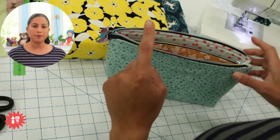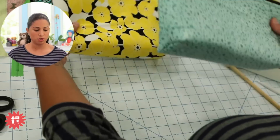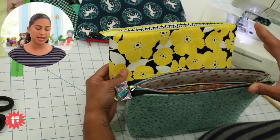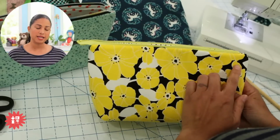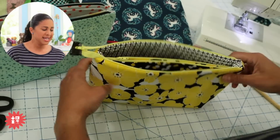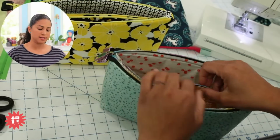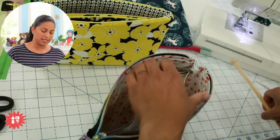Now, the problem, and if y'all are in my mini bag club 3, the video course for the third project, which is my zip and zip pouch, when it goes up on Friday, you'll see that I talk about top stitching and not top stitching, and you'll see that on this one I didn't for this specific reason, and I'll share it with all of y'all here, is that when you top stitch, okay, especially on this one, it has a zippered pouch inside of it, you can see that you kind of get these little